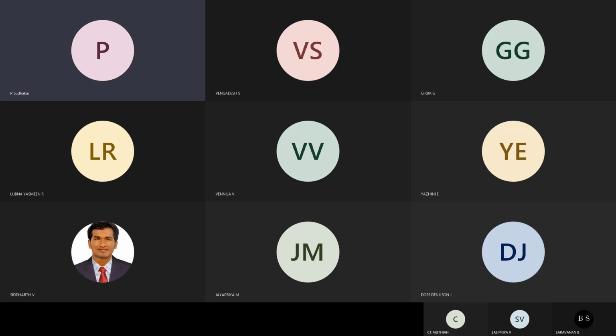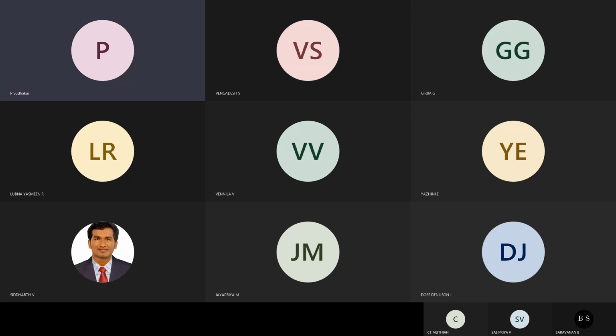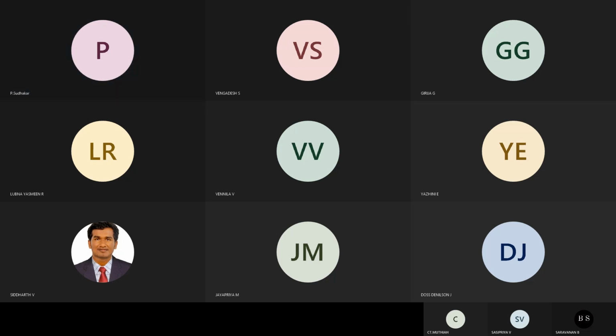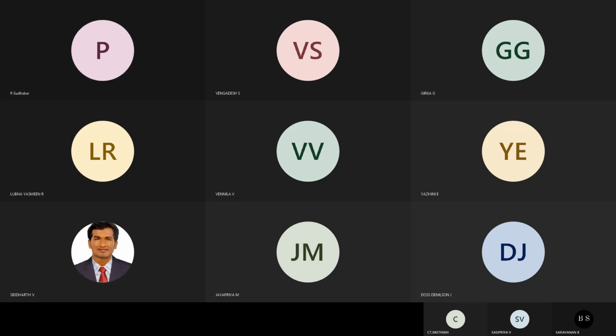H2C is 2.8 plus 3 into wind velocity. I have not given the wind velocity in the problem, so you take the wind velocity as 5 meter per second. That is the formula for the convective heat transfer coefficient between glass and ambient: 2.8 plus 3 into wind velocity, where the wind velocity here is 5 meter per second. So what will be the answer for H2C?